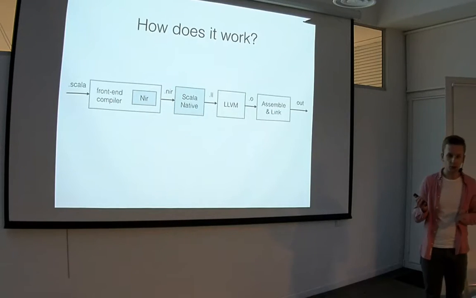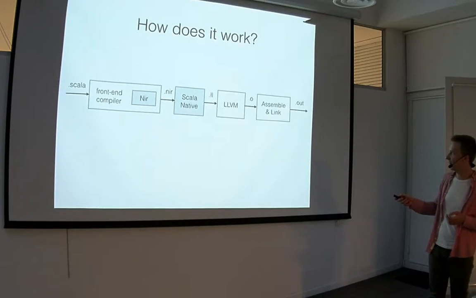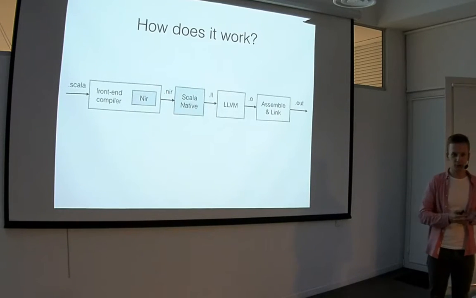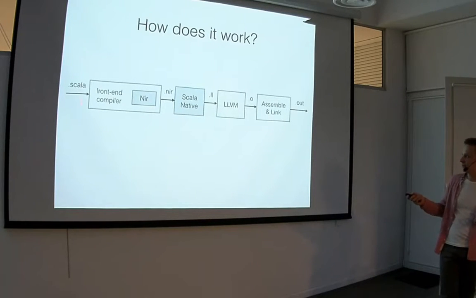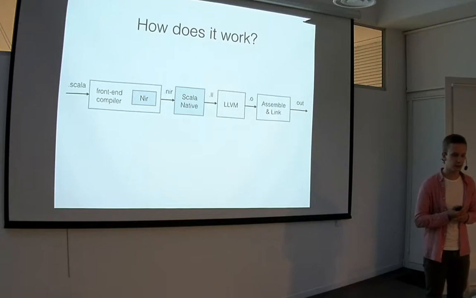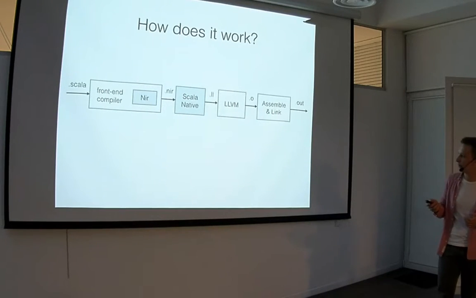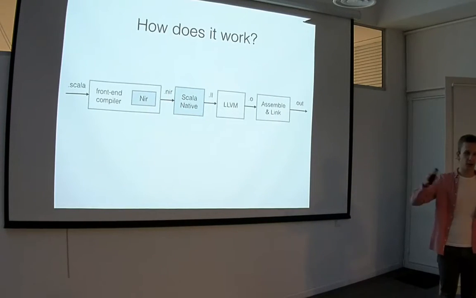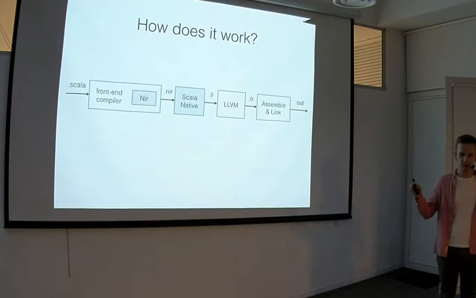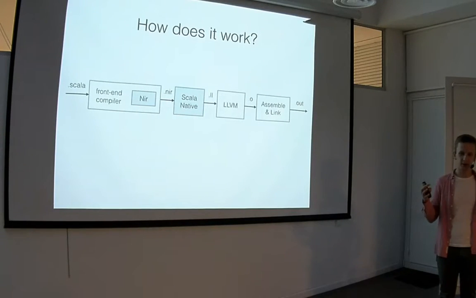Essentially, this part is somewhere in between what you actually run and what you have in your source code. So scalac or dotc here actually eliminates a lot of features. The main purpose of a front-end compiler is to remove all of the stuff that is not necessary at runtime. For example, it type checks everything and removes all the fancy features. Then we have this Scala Native part. It takes the NIR of a whole universe. For example, if you have a large project with many NIR files, it links them together into one large blob, and then compiles that.